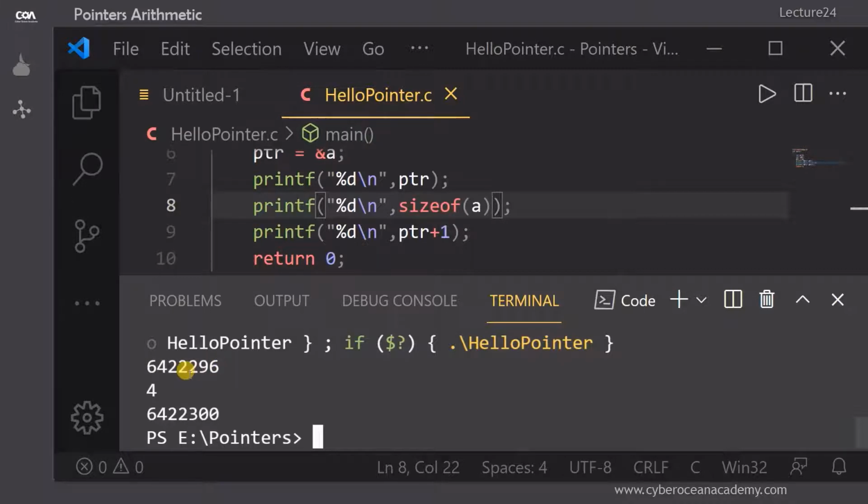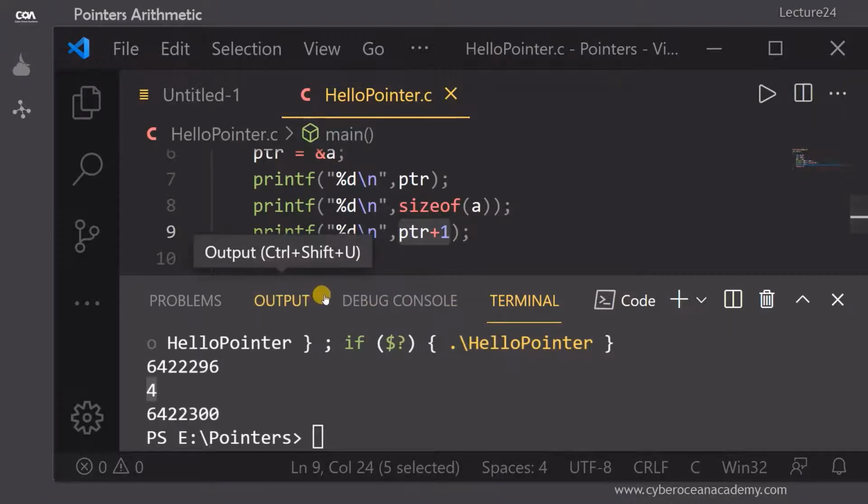Okay, that is our pointer variable, and 4 is the size of A. And in the ninth line you can see we add 1 with ptr, and ptr is the address of A. So if this is a normal variable, then the next value will be 6422297, but here this is